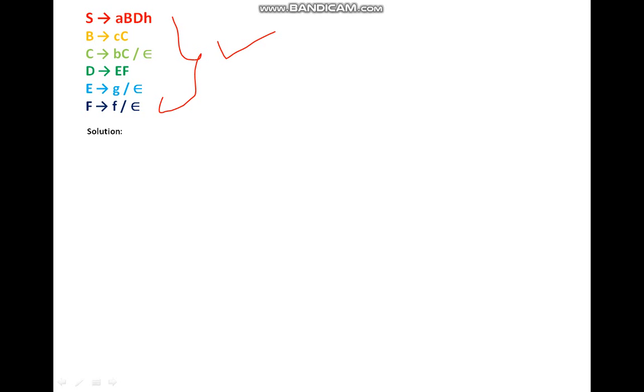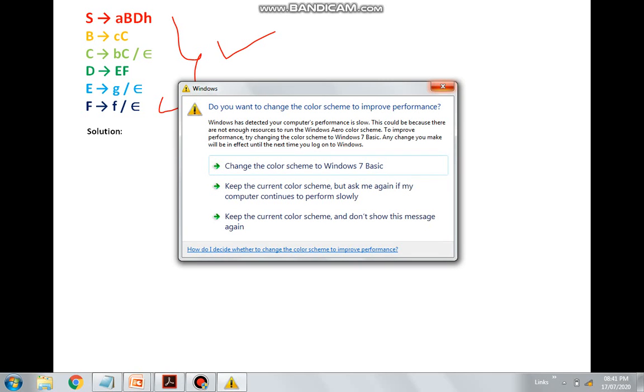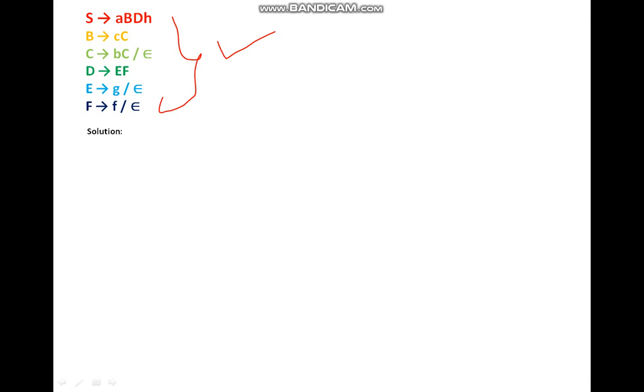Okay, so I always suggest, if you want to calculate first of variables, try to calculate in a bottom up manner. Why calculate in a bottom up manner? Because at the bottom you can see we have already been given strings, so we can easily calculate first of the variables given at the bottom side. So look here. First of all we will calculate first of F. See how to calculate first of F.